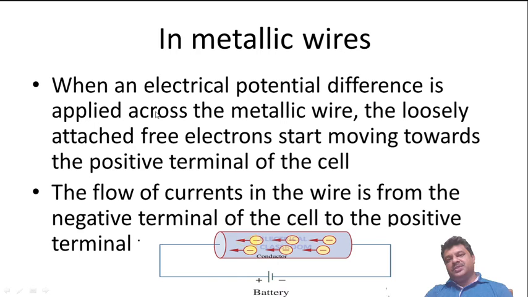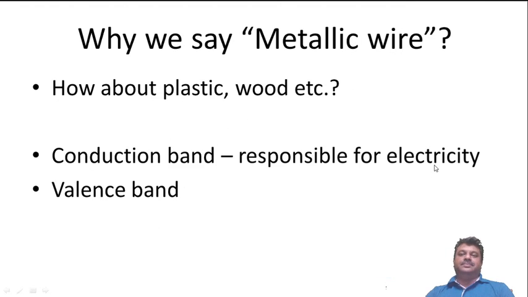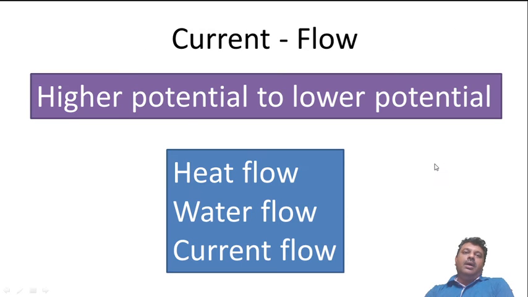In metallic wires, when the potential difference is given, the current flows from the negatively charged terminal of the battery through the wire and goes to the positively charged terminal of the battery. So from negative terminal to positive terminal is the flow of electrons, and so that's the direction of current. But